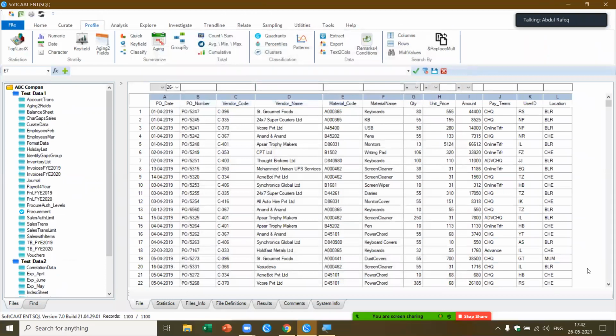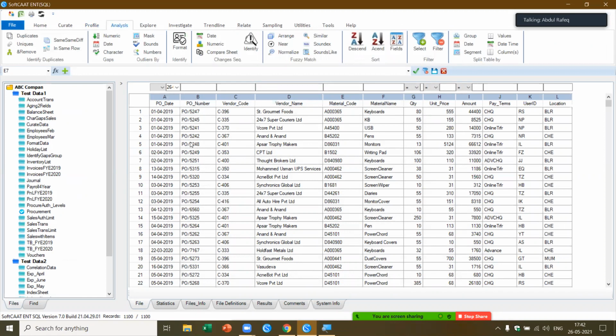Okay, now this is what we started. So what I'd like to do now is, let's say we have got this particular data, and I've summarized all the things we got. Now let's say I come to the analysis panel. Based on this particular data, I want to perform some more analysis. For example, I want to pick up between the vendor code and the vendor name. For each vendor code, the vendor name should be unique. I want to find out which are the cases where the vendor code is same, but the vendor name is different.